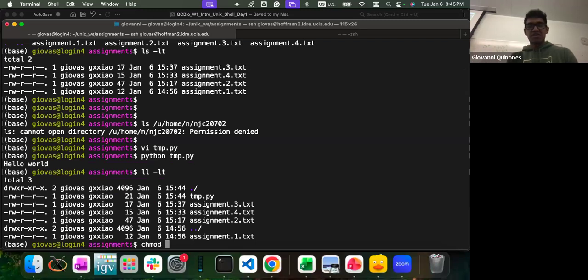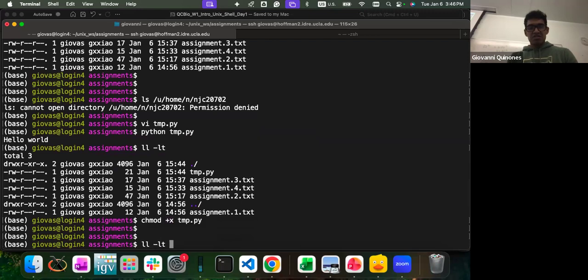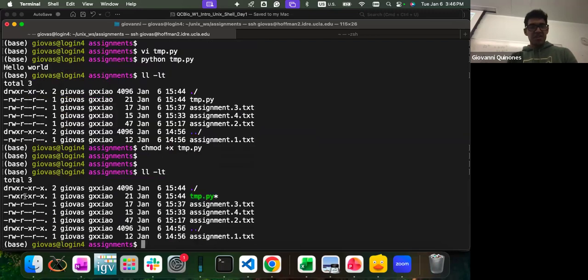So what's common is that you have to give it the execution command to your Python script, so if I do this, now I see it has an X, right? Compared to what it was before.